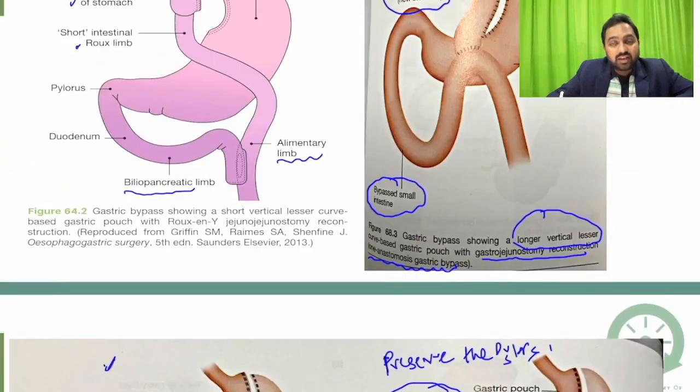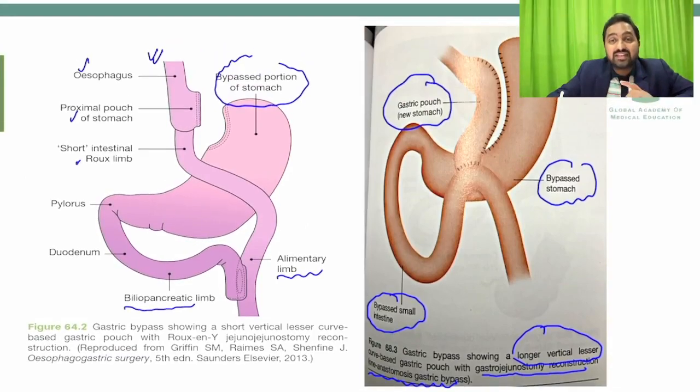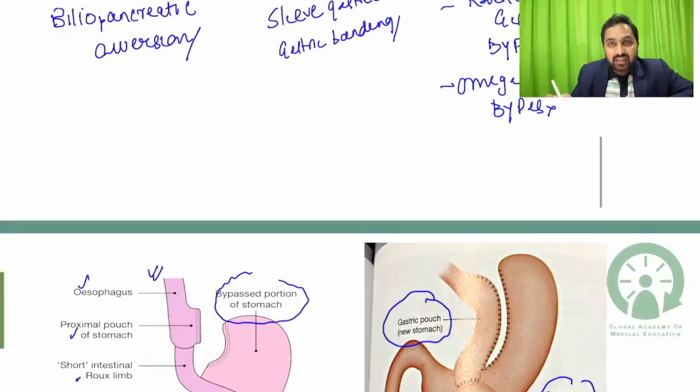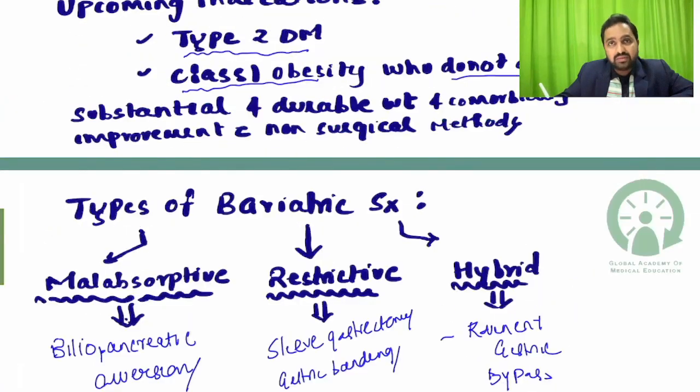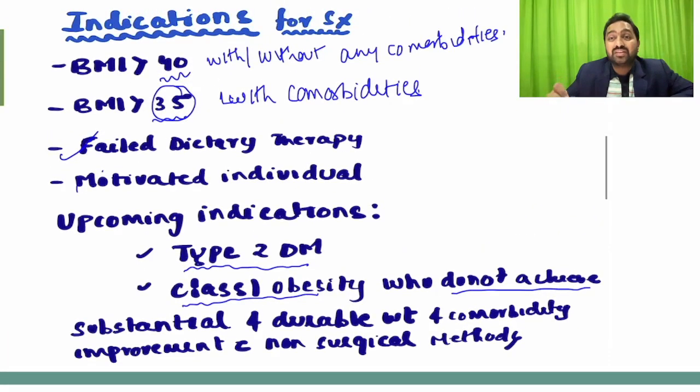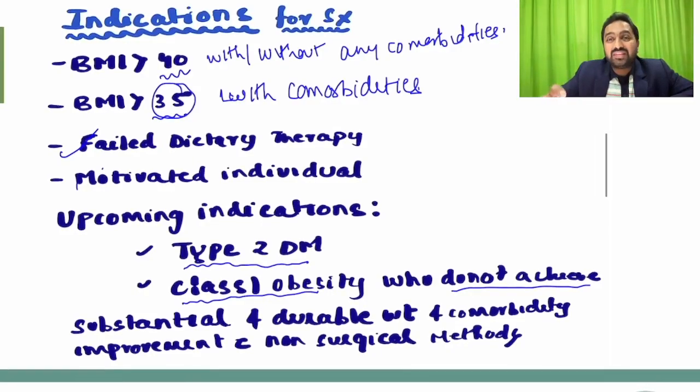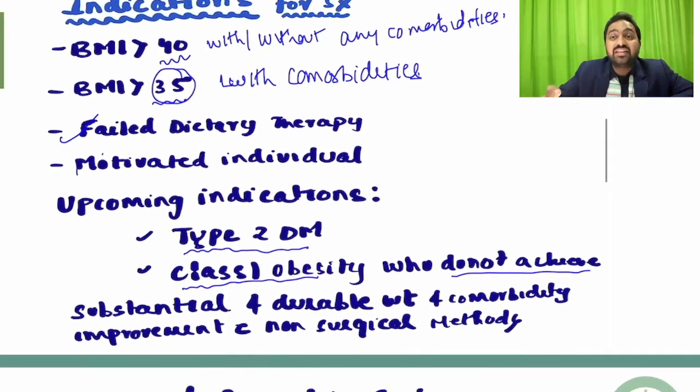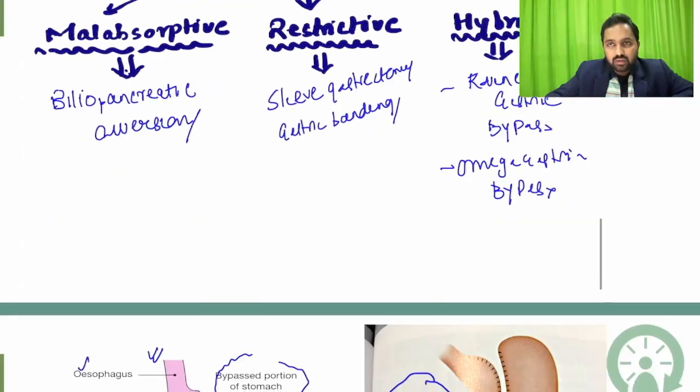Now this is your gastric bypass, one with a single anastomosis and having a greater curvature. Which one? The lesser, greater curvature, right? Greater, lesser curvature. So let's simplify rather than complicate it for you guys. It would be a short vertical lesser curvature, and it would be a long vertical lesser curvature, right? And the important types of bariatric surgery have been mentioned, and for the indications, please remember BMI more than 40 and BMI more than 35: BMI more than 40 with or without any comorbidities, and BMI more than 35 with comorbidities. Now let's